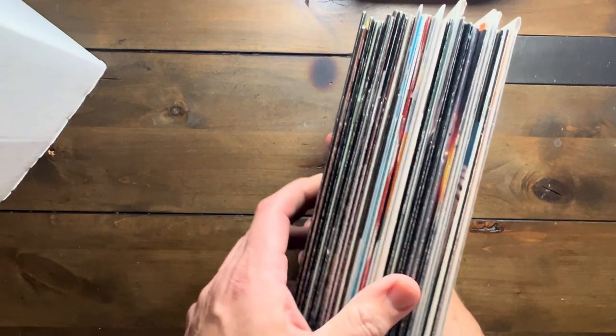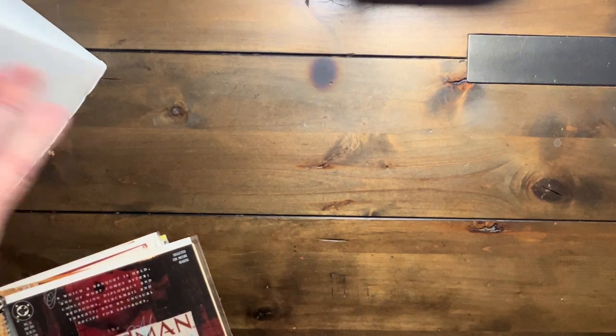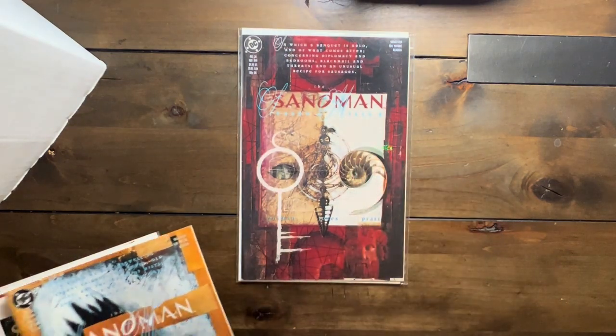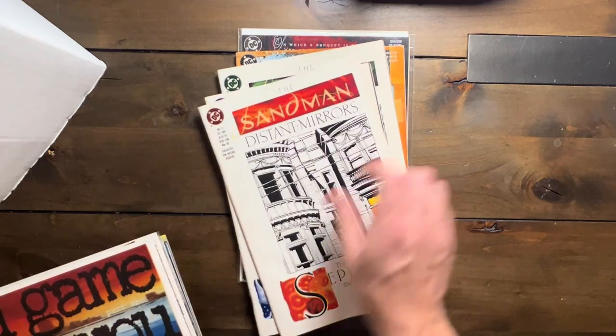Moving on. And this whole lot is Sandman. And somebody got to it before me and pulled the bigger keys out, but I have one more key in the box here. But 26, 28, 29, 30, 31,